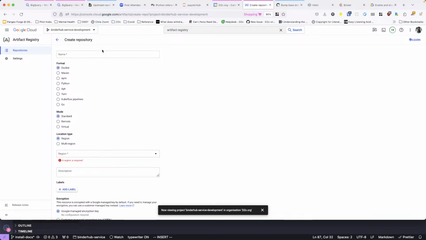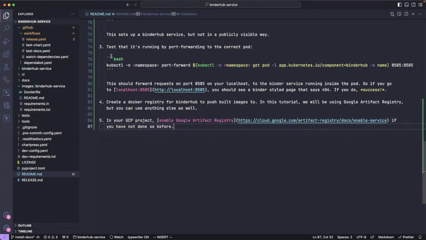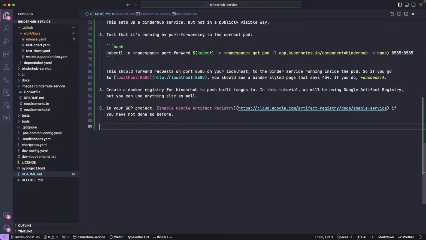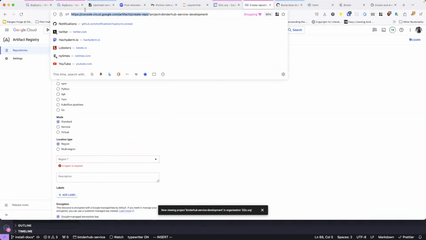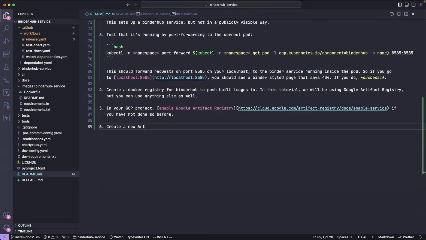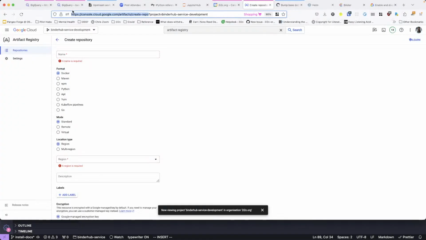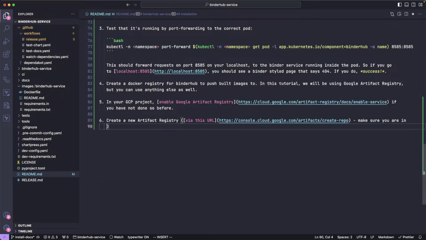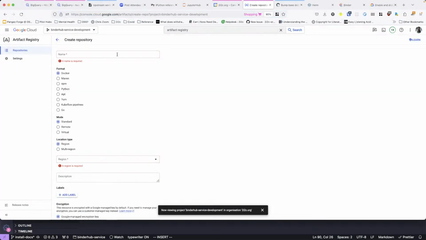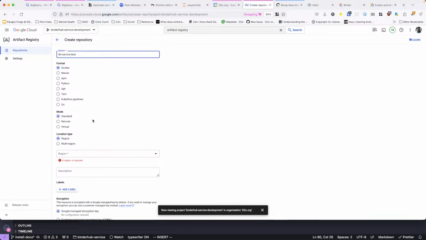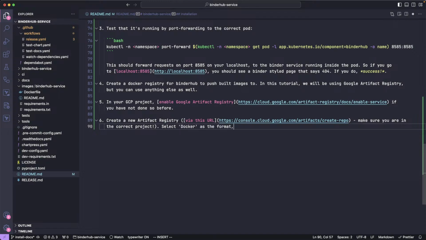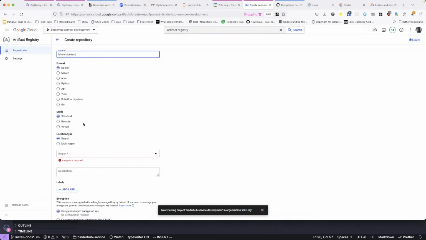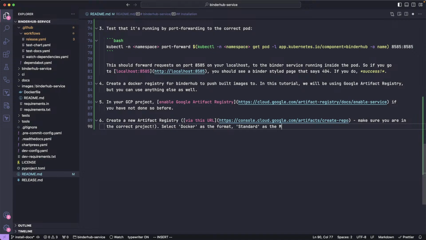Okay, so what am I going to do here? Okay, create new artifact registry. Make sure you are in the correct project. Okay. Binderhub service test. Format. I don't know what this mode is, so let's let it be standard as the mode,